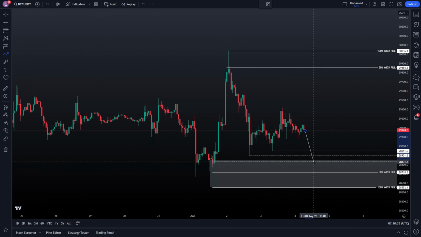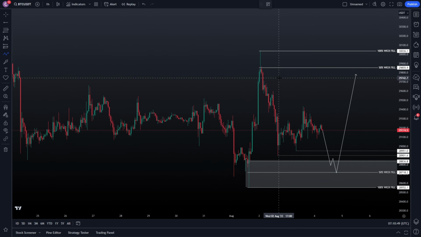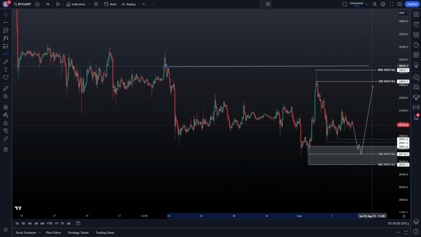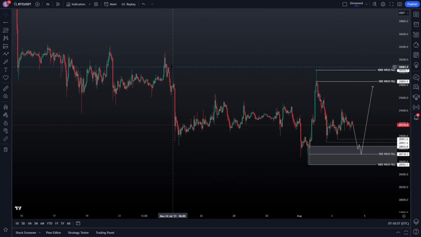We know that these wicks tend to get filled at least for 50%, and sometimes even for 75 or 100%. And to get a bounce from there, targeting the upper wicks. On the other hand, I'm not willing to do this the other way around. Why? Because above this wick, we still have Monday's high that is untapped over here. Okay, so we have untapped previous week Monday high and previous week high in general